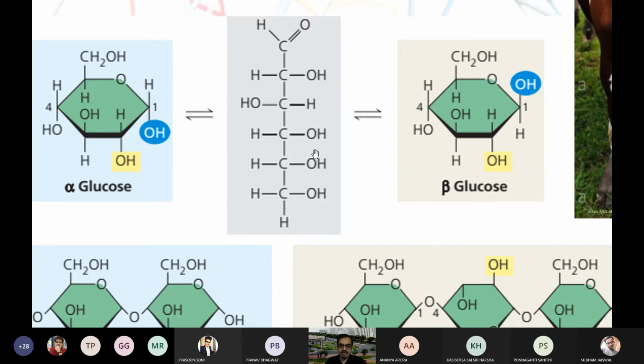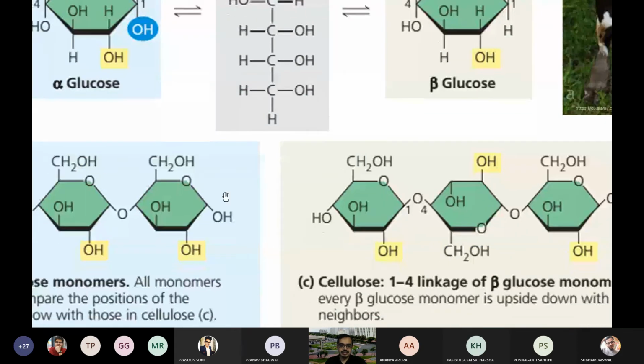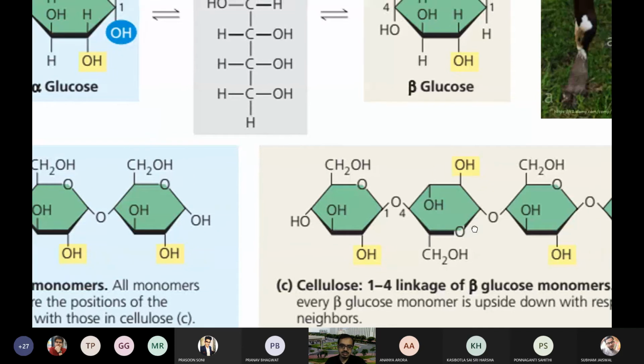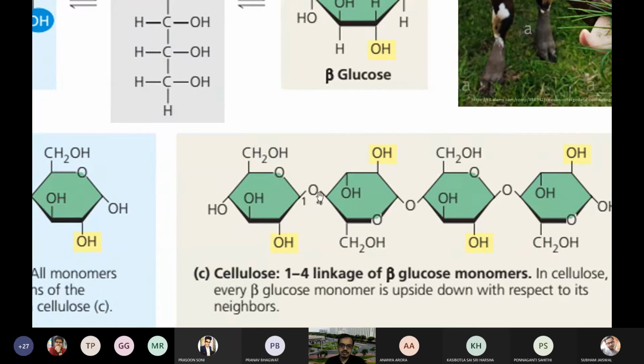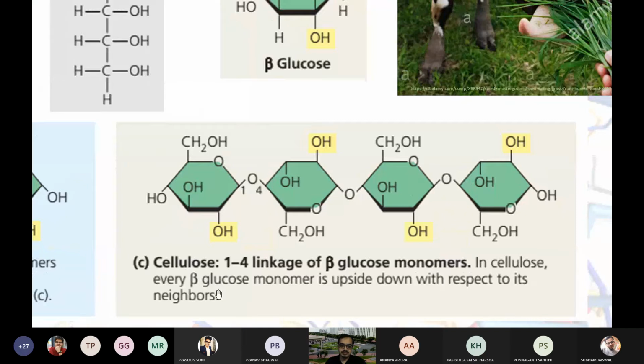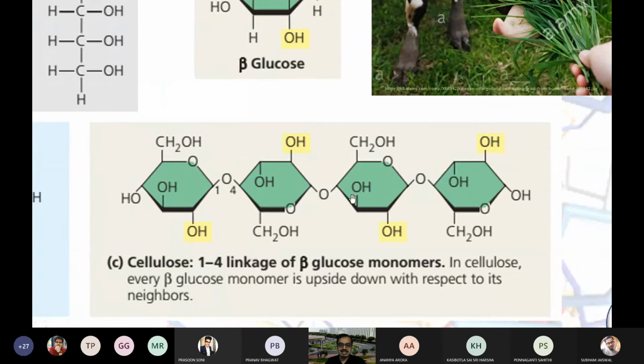So the bonding happens downside here because the OH group is down. Here, the first carbon atom's bond oxygen is upside, so the bond happens on the above portion. It is in the same train fashion, but these beta glucose 1,4 linkages